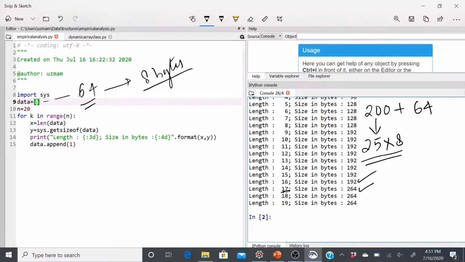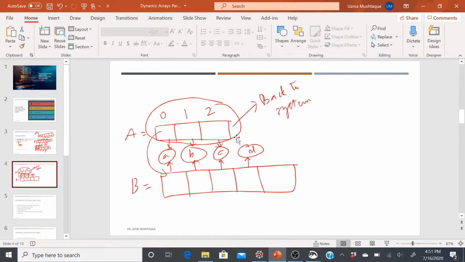Now, notice I'm just appending one. Maybe I could have appended different size lists. Then we'll have to think about the memory that's allocated to those references. So we are not talking about that yet. Okay, so we'll go back to what we were looking at here. Now, we know that the memory doubles itself, first thing. The second thing is that this list reallocation happens. So we know two things about dynamic arrays now.